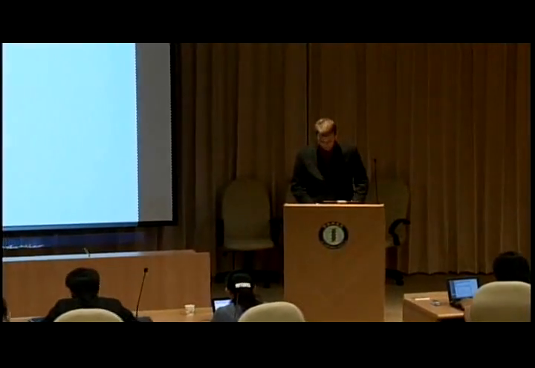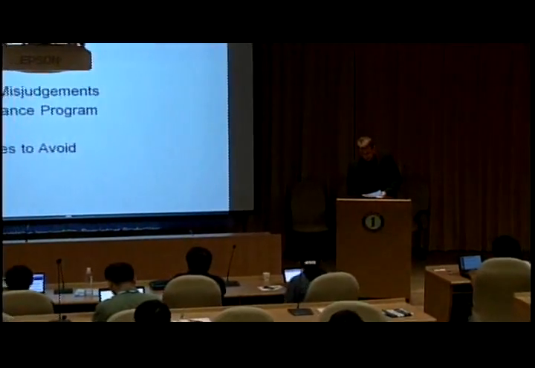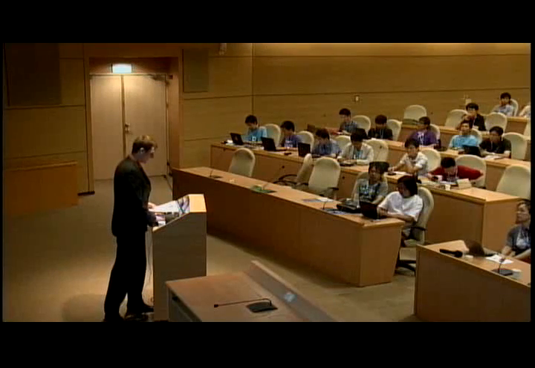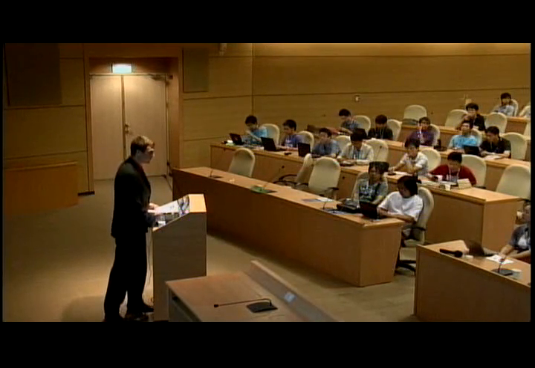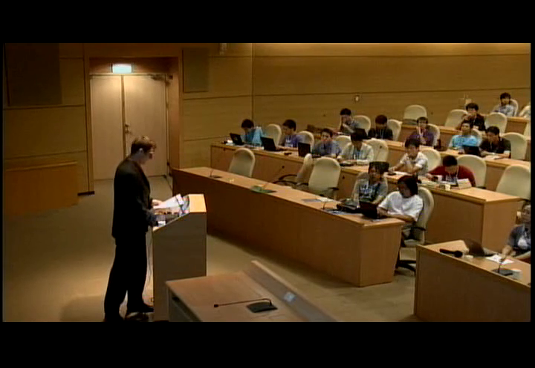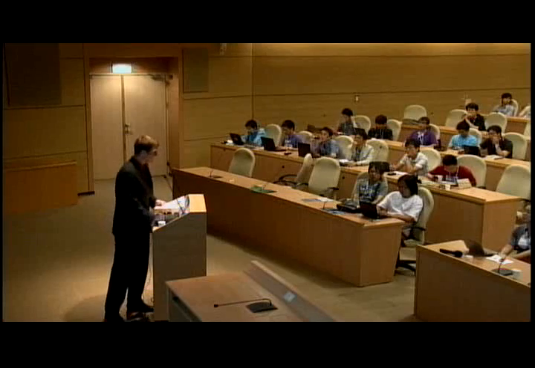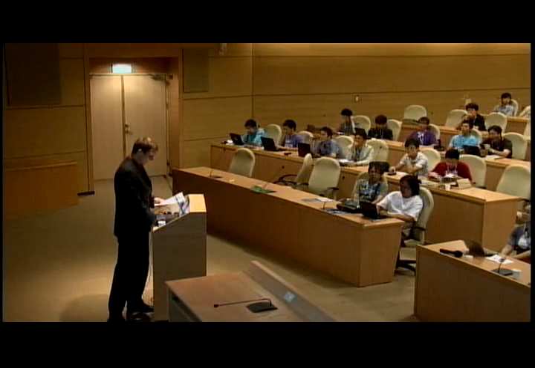Okay, when you start with the setup of a compliance program, you usually have to start at grid zero, meaning you have indeed to convince your management about the need of a compliance program. So I would like to start with the typical 6 misjudgments of management about open source licenses. Continue with some overview about actual steps that need to be implemented. And I would like also to expand a little bit on some tools that may help with open source compliance, and close, if the time is there, with a few of the mistakes to avoid.